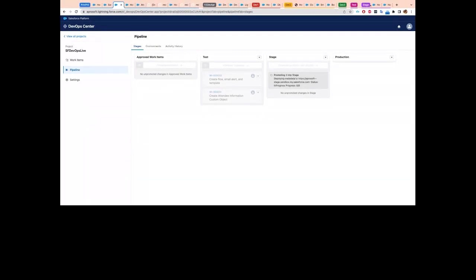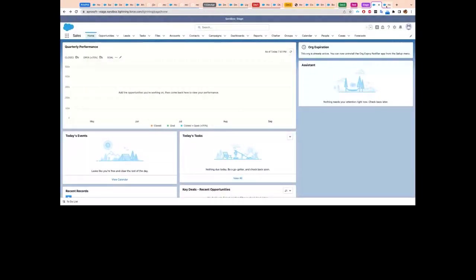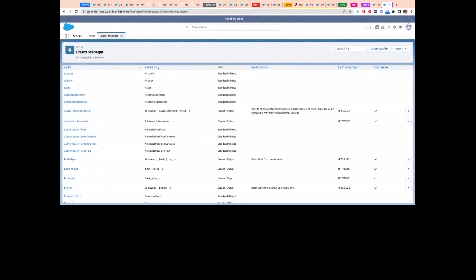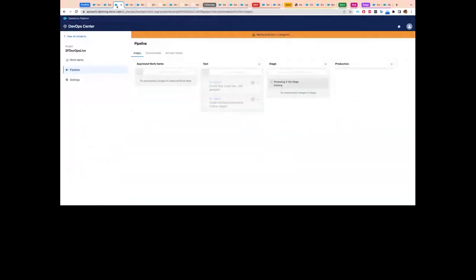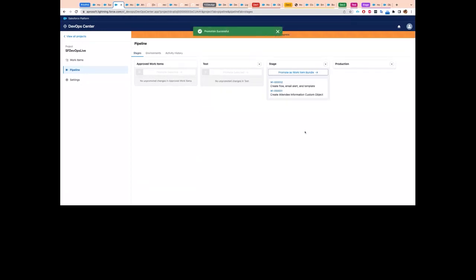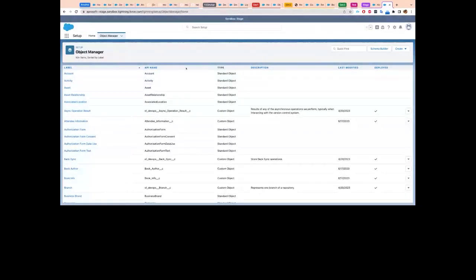Let me go to the stage. This is the stage, and if I go to custom object, looks like it's already deployed. Pushing into stage, yeah, the promotion is done. So if I go to the stage environment,